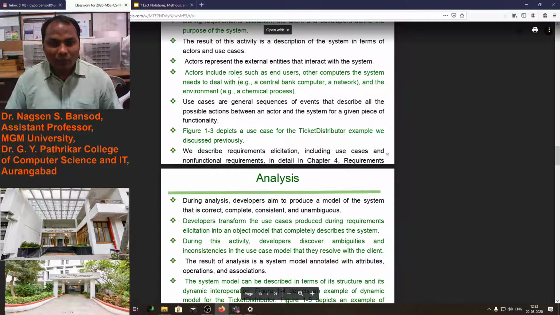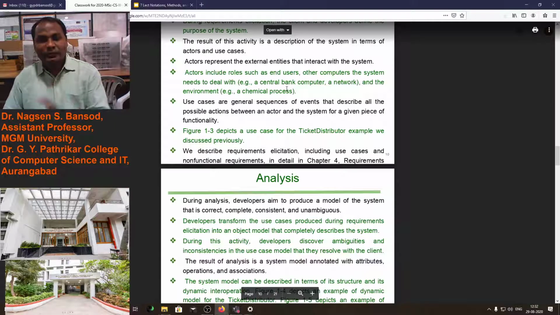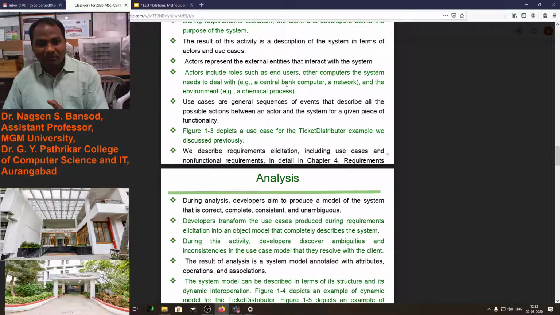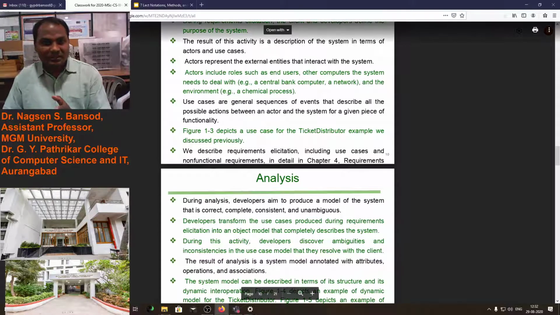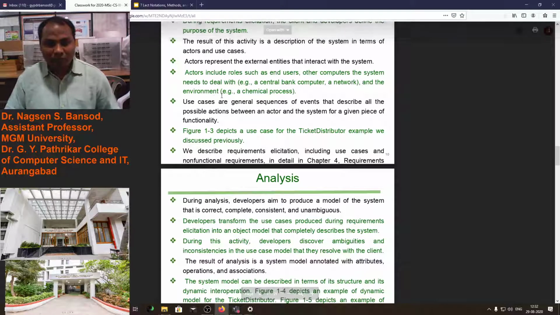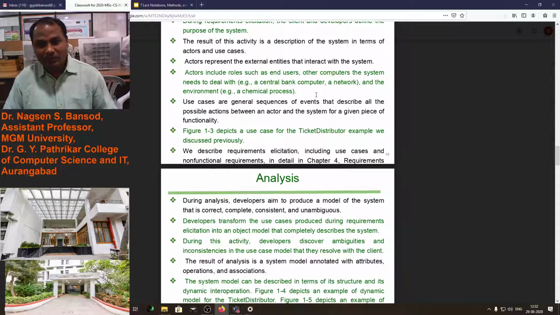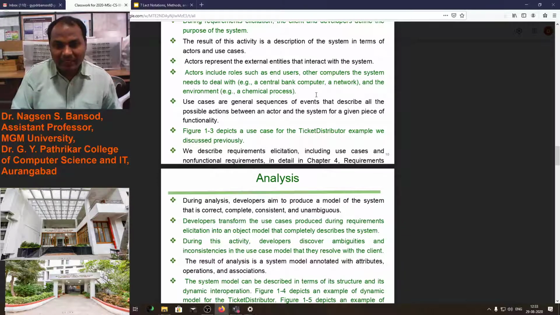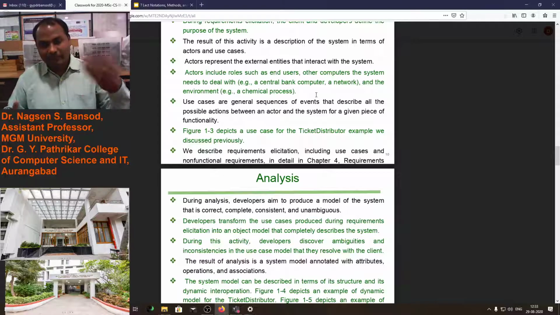Actors include roles such as end users. An actor may be an end user or another computer the system needs to deal with, for example a central bank computer, a network, and the environment, the chemical processes. All these will be actors. A network may work as an actor, or another bank's computer.